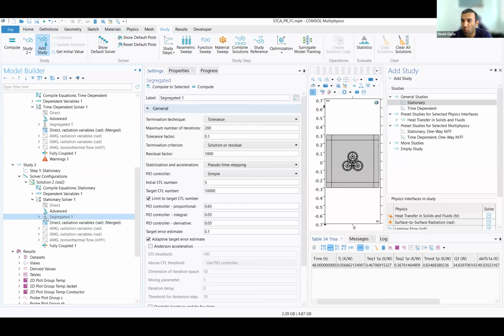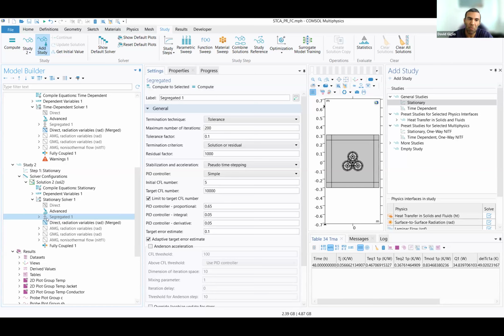The solvers are designed to work best with the physics in your model. But the fully coupled solver may be a little more difficult to converge because you're trying to solve everything at once, right? Like in this case I've got 3 physics: heat transfer, convection,